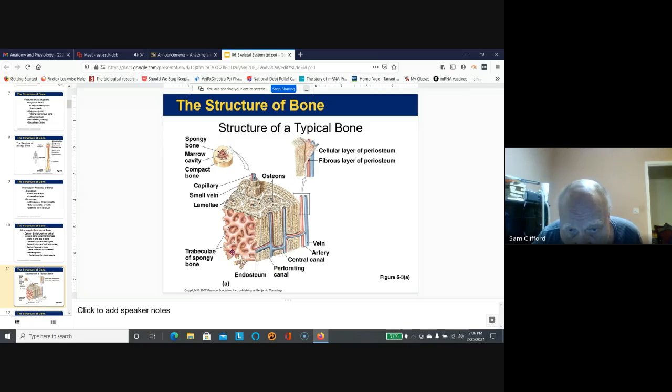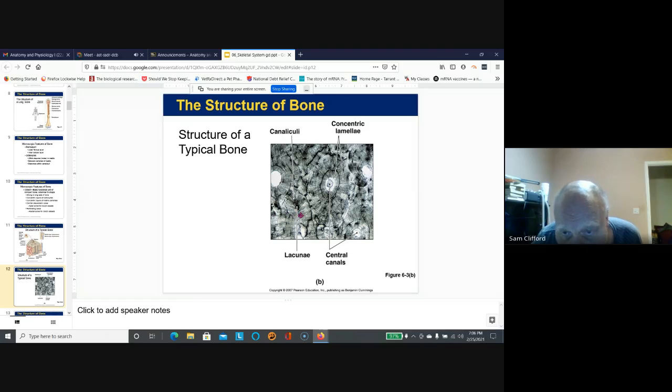So the medullary cavity again is lined by the spongy bone. Each of these little beams, trabeculae means little beams. So when we look at the structure of an osteon, it surrounds a central canal, where the blood vessels and the nerves are located, and there are layers called lamellae, and the canaliculi are fine